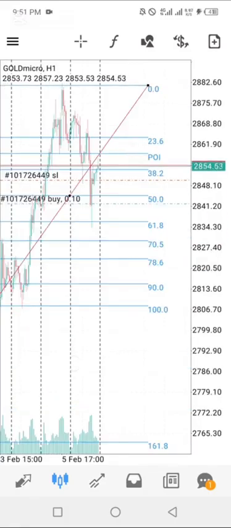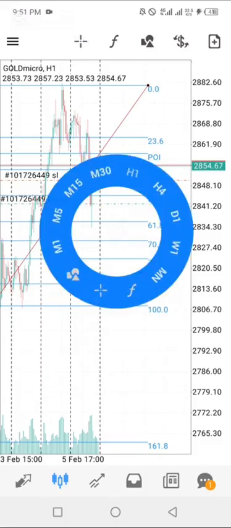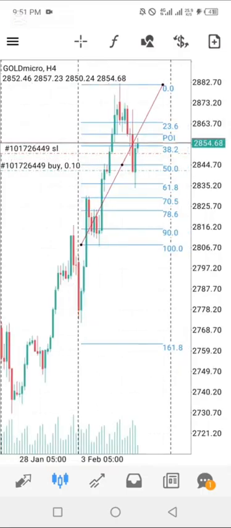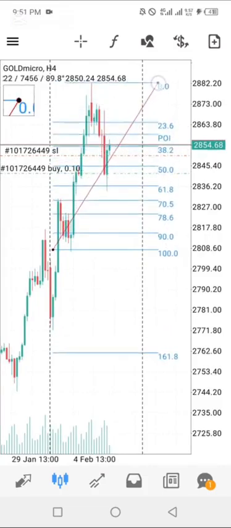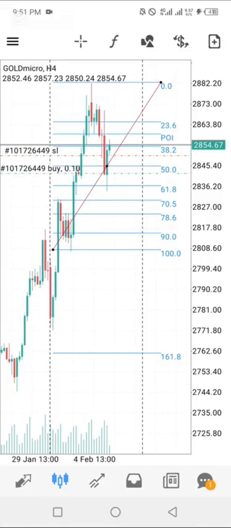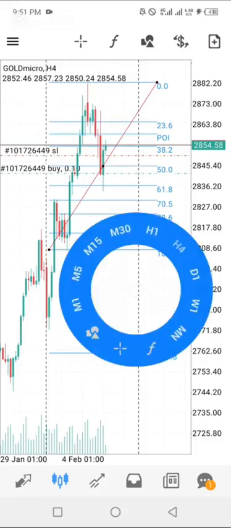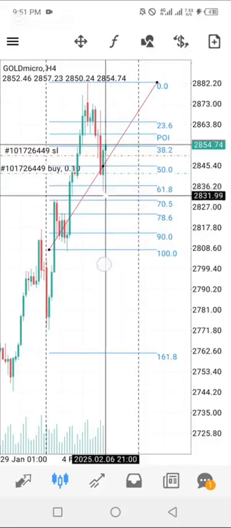But you can see this is a 1 hour move, and it showed us that it came to 61%. But on the 4-hour time frame, the story is different. Look at it. It came actually to, okay, you can see it's still within that level. Okay, it's still within that level. It went below, it actually dipped below the 38.2 and went to